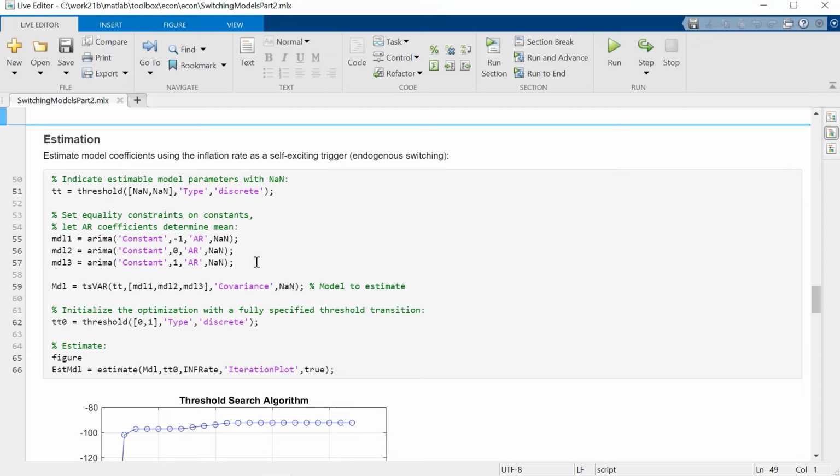The best advice for doing estimation on any of these kinds of models is keep the models simple and parsimonious to begin with. Here we'll just look at simple AR1 models. And if you have parameters that you can specify beforehand, that helps the estimator by having fewer parameters to estimate.